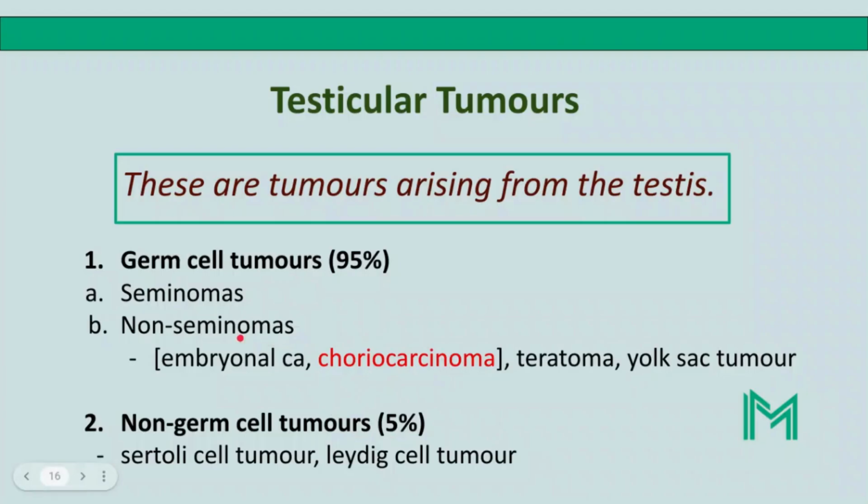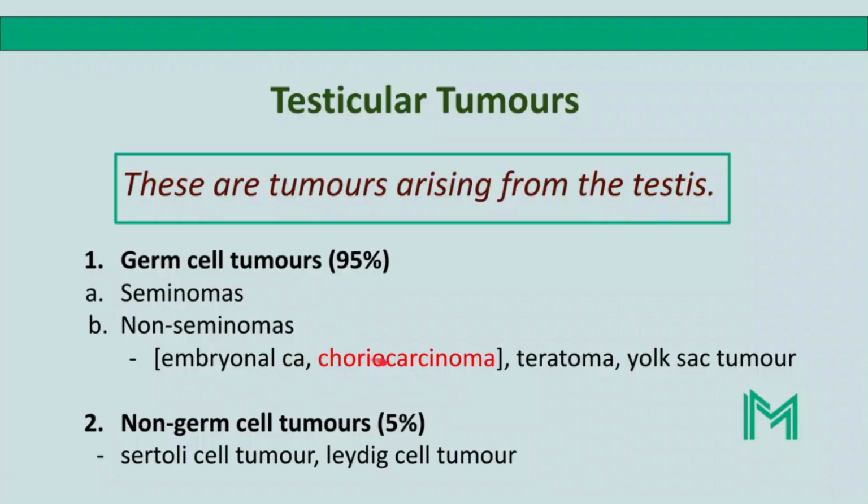Now, seminomas are generally tumors which are said to have very good prognosis because they are slow growing and they take a very long time before they metastasize. They metastasize very late and they have very good response to radiotherapy. So seminomas are considered malignancies which are quite slow growing and have a good prognosis,